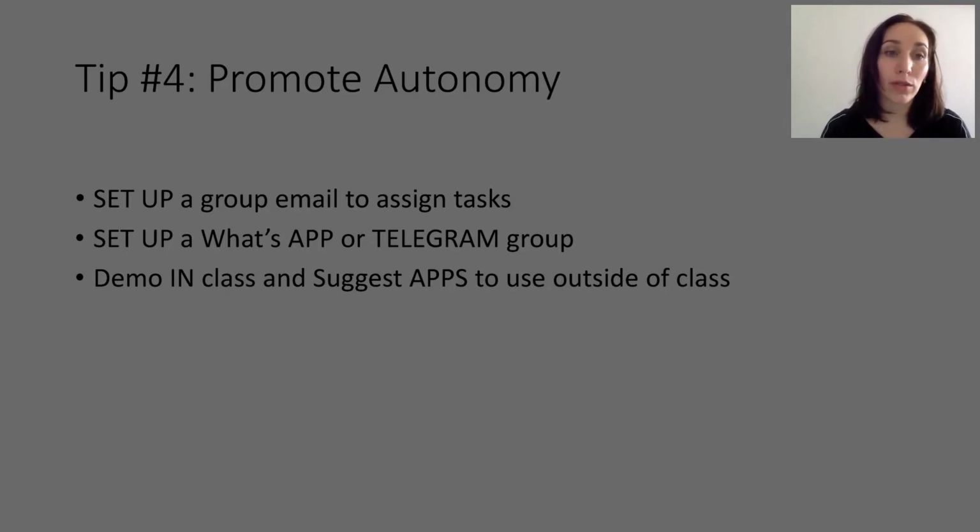But of course, speaking to students in a motivational way is never enough, and you need to constantly remind them about the challenge that they have taken and their responsibility for learning. So what I do, I set up a group email to assign tasks. That's one thing I do, especially with adult learners who work and often have email accounts available at work, but they're not willing to use their mobile phones. So whenever I assign tasks, they get this notification in their email, reminding them that they have homework to do, they have extra reading to do,